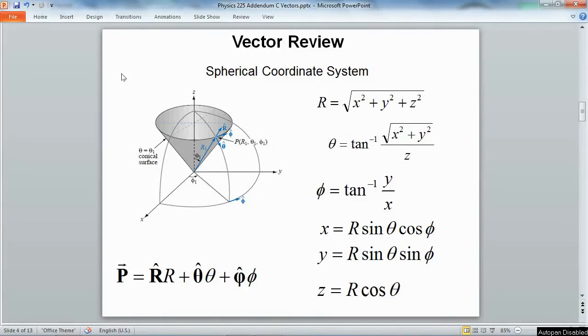The spherical coordinate system is the last coordinate system we'll be talking about. And it's based on a sphere. And so to represent a vector in spherical coordinates, in this case we have this vector r,